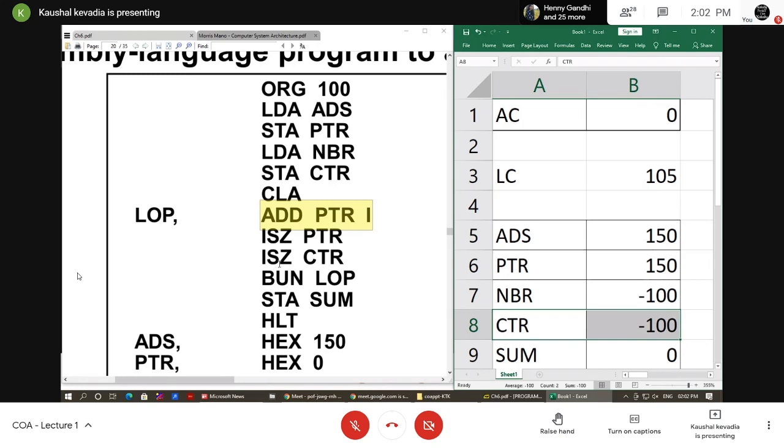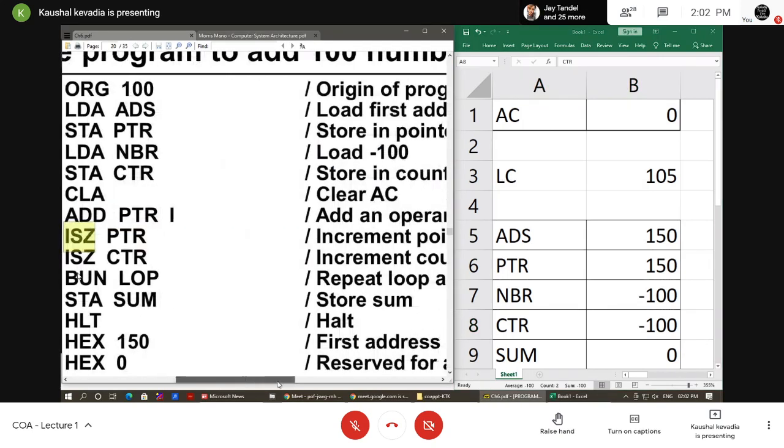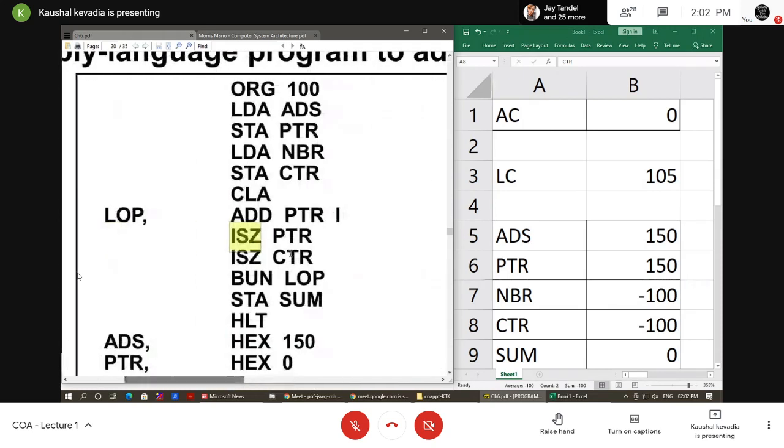ओके यहाँ पे आप देखोगे तो ISZ जो इंस्ट्रक्शन है, ISZ का क्या एग्जीक्यूशन था, it increments the pointer variable, it increments this PTR, and if it is 0 then I want to skip the next instruction. अगर वो 0 होता है तो बाय डिफॉल्ट मुझे क्या करना है, नेक्स्ट इंस्ट्रक्शन को स्किप करना है. ओके सो व्हाट वी आर डूइंग दैट हियर, CTR इज इक्वल टू -100 जो है वो 1 by 1 हम इंक्रीमेंट करते जाएंगे एंड वी रीच टू द 0. I can say that now my 100 numbers are completed.